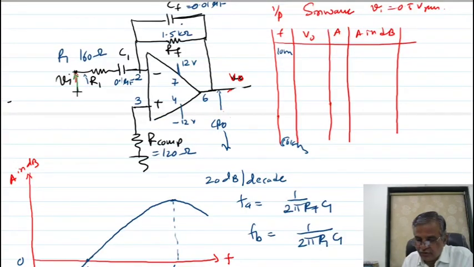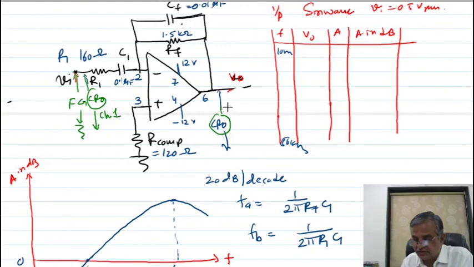In the second part, here you have to connect your function generator. Here you have to connect the CRO. Here also CRO channel number 1 you have to keep. Use a dual trace CRO: this is channel number 1, this is channel number 2. You apply your sine wave here with the help of the function generator. You see that waveform in channel number 1 of the CRO, it will be a sine wave. In channel number 2, which is connected at the output, you will get the cosine wave. You have to trace this waveform on graph paper.